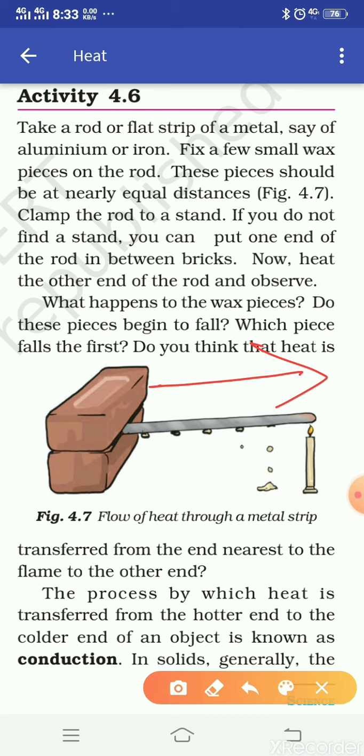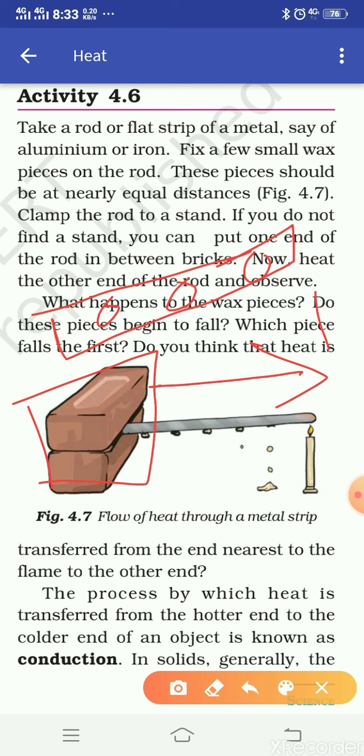Suppose you have taken an iron rod, and place some drops of wax on it at equal distances, clear, and place that iron rod between two bricks and start heating this rod from one end. Suppose this is end A and this is end B. End B is kept between the two bricks and A starts heating up.